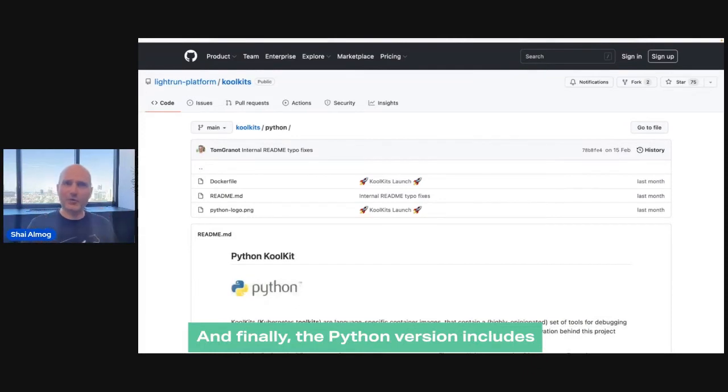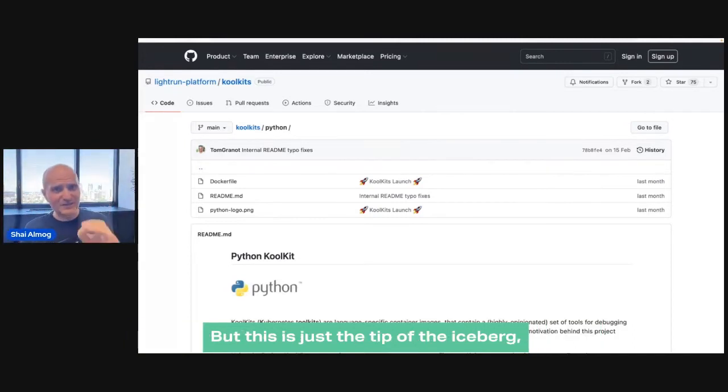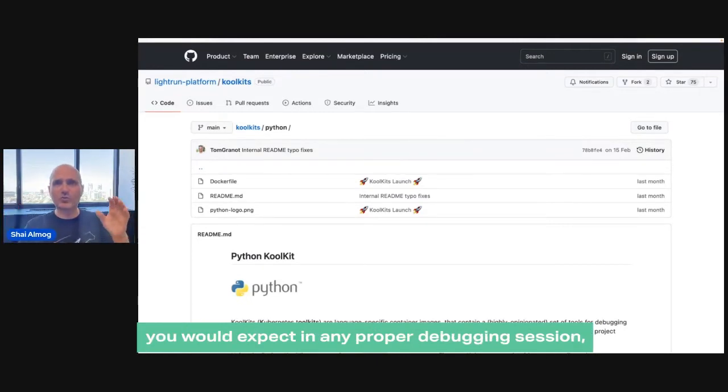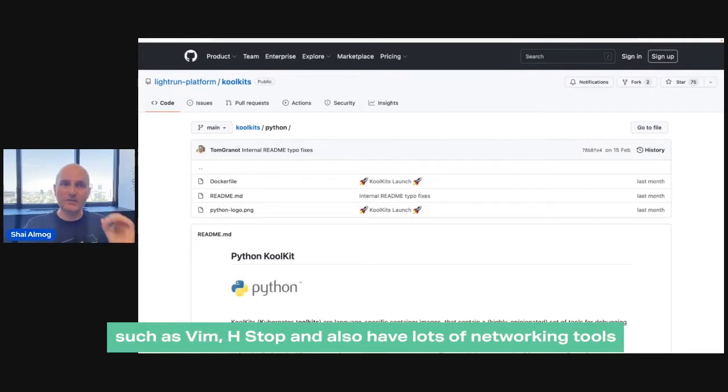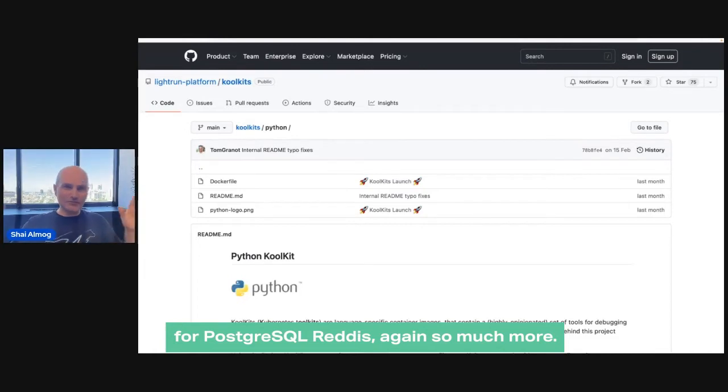And finally, the Python version includes PyEnv, IPDB, IPython, and again, much more. But this is just the tip of the iceberg, as all the versions include the many tools you would expect in any proper debugging session, such as Vim, HTOP, and also lots of networking tools like traceroute, Nmap, and database clients for Postgres, MySQL, Redis, again, so much more.